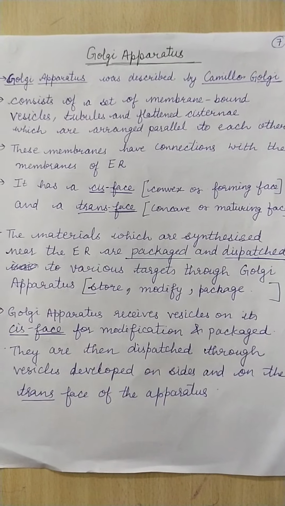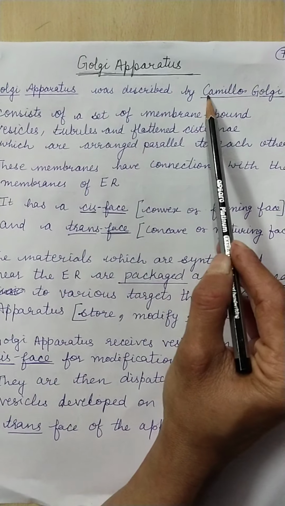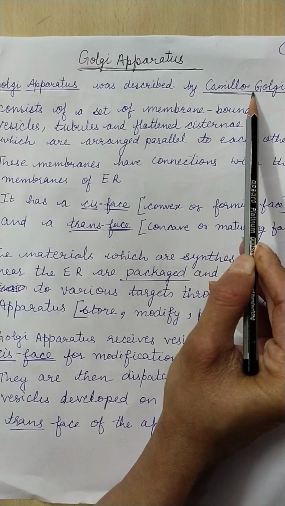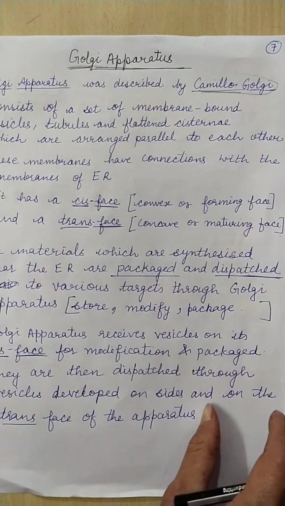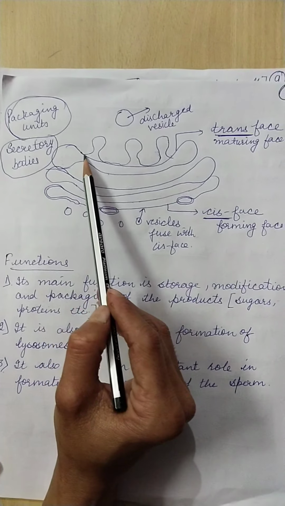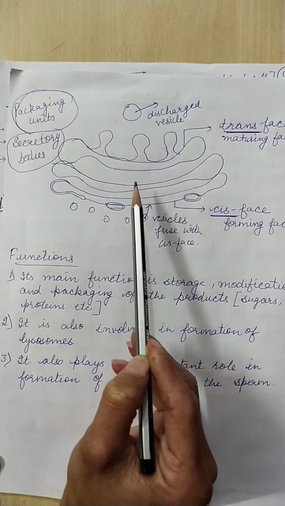The Golgi apparatus has been named after the scientist who discovered it, Camillo Golgi. If you observe the structure of the Golgi apparatus, see this diagram. It consists of certain vesicles, membrane bound tubules which are arranged parallel to one another, and these